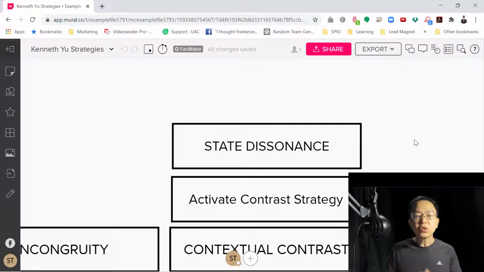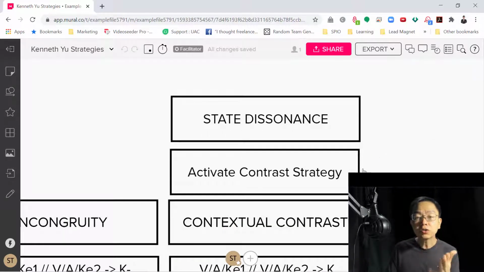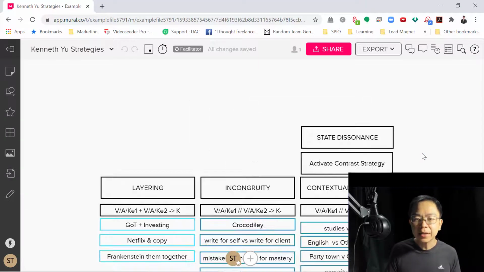All right. So in a state of dissonance, what does that do? My guess is it activates the contrast strategy inside his head. I noticed that a lot of good writers tend to do that. They read an article and they go, what kind of stupid 10 tips are these? They're just generalizations. And then they get so fired up, they go in and they tear that article down. That's one of the ways by which I managed to get Secrets of Internet Millionaires up in 2007. Anyway, let's take a look at the 10 contrast strategies.